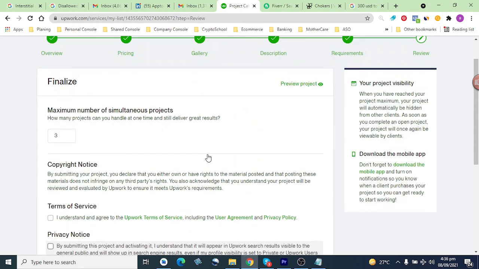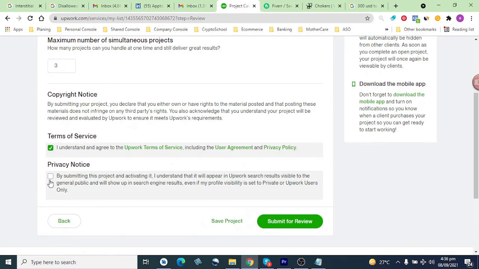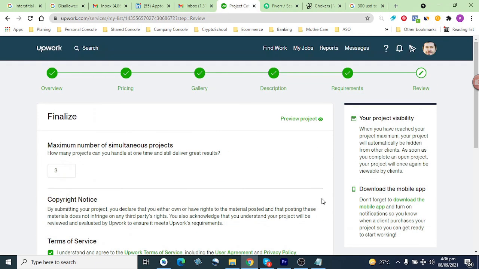You will review and finalize. You will select the maximum number of simultaneous projects, how many projects you can handle in this gig simultaneously. So you can enter one or two of your choice, and you will select these check boxes, terms of services. Then you will submit this gig for review. So in this way you can add a gig to your